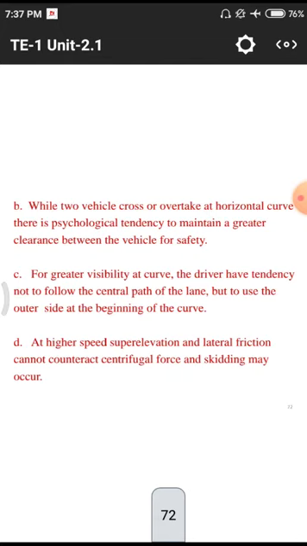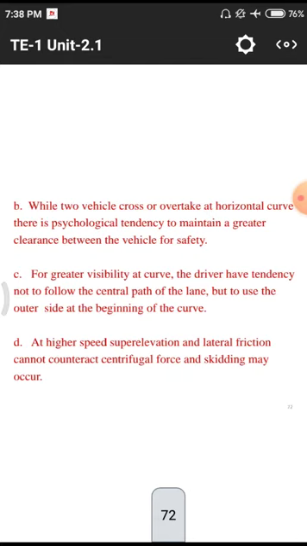That means the outer side of the beginning of the curve. Whenever we are moving along a particular length of the curve, we need to maintain a proper path. That means we need to travel in a single way. We do not have to change from one way to another. That will create a lot of confusion for the road users, and there may be a chance of skidding due to these centrifugal forces.